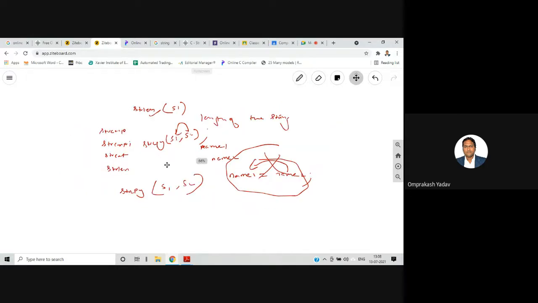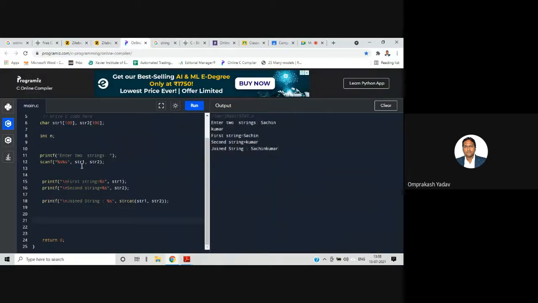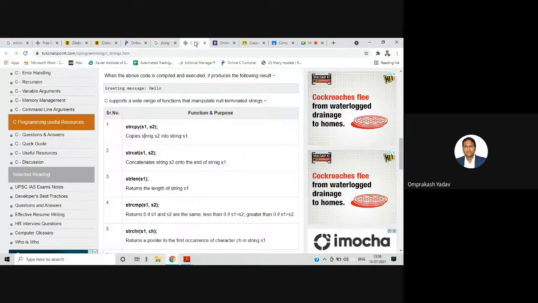So let's try to copy. Here we are entering string 1 and string 2, and then we are going to copy. Not in place of this, let it be there, one more printf, right? First I'll do the copy.